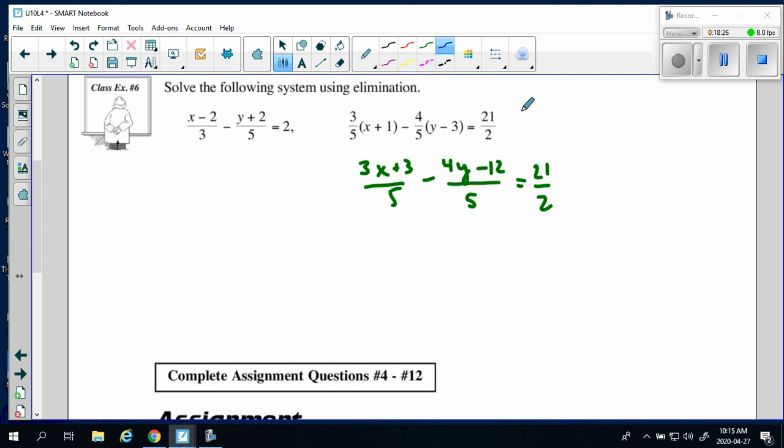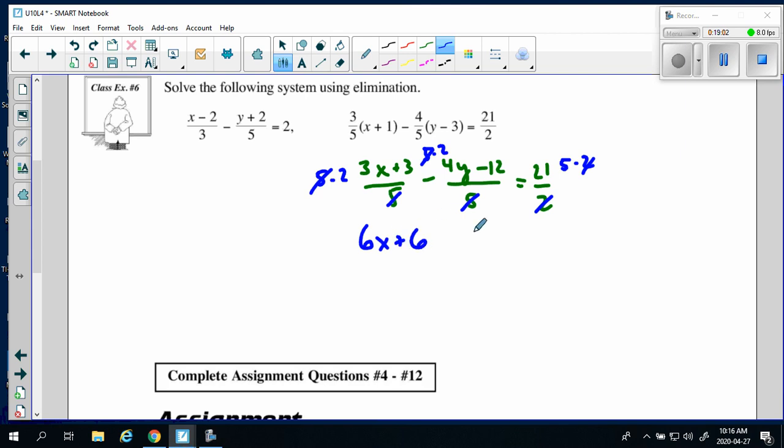The next thing I want to do is I'm going to try to kill off my fractions. So I can kill off this fraction by multiplying the entire thing by 10, because 10 will kill off all my denominators. So if I multiply this by 10, or 5 times 2, then the 5 will cancel out. So 5 times 2, and then 5 times 2, and then 5 times 2. The 5s will cancel out, but the 2 still has to be applied. Same with this one, and same with this one. So then I'm going to have